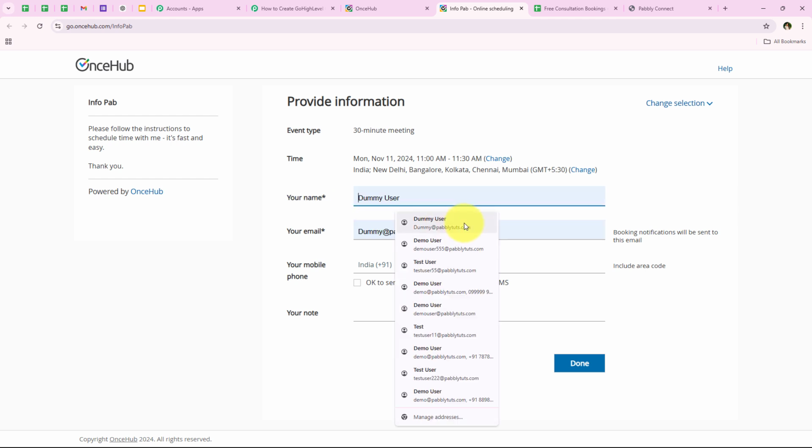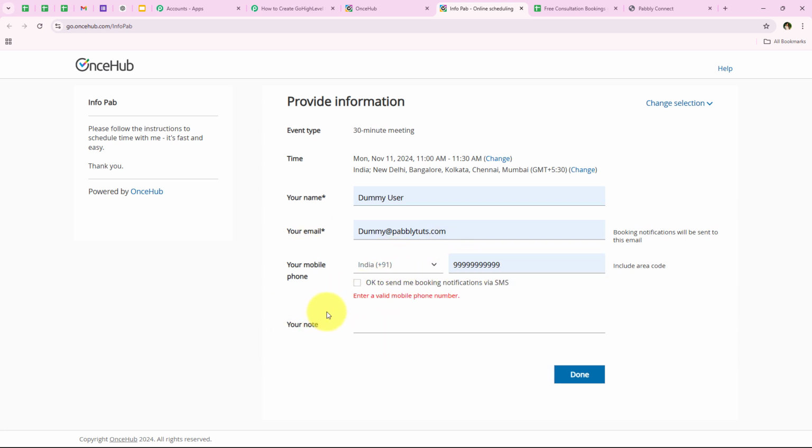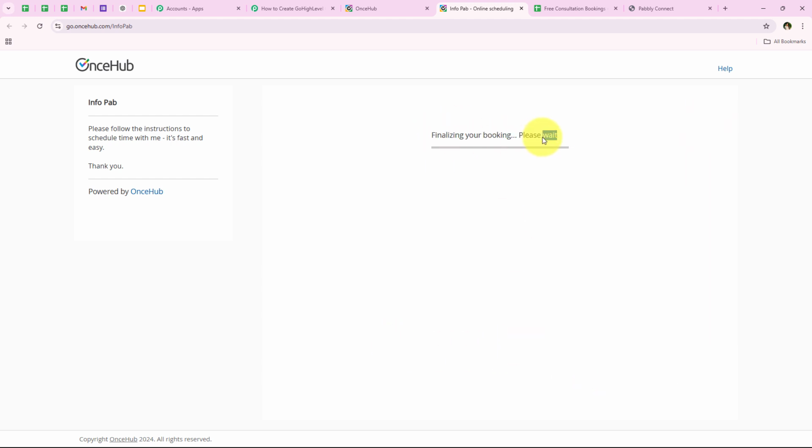Okay, so for the name I'm going to keep it as dummy user, email as dummy@pabblytudes.com. For the mobile number I'm going to keep it as this. We're going to move on forward. It is asking me for your note. So if you wish, you can definitely add a note right over here, but I don't wish to add a note, so directly I'm going to click on done right over here,